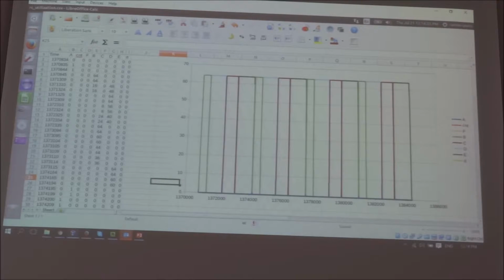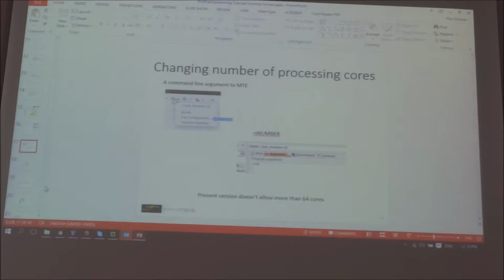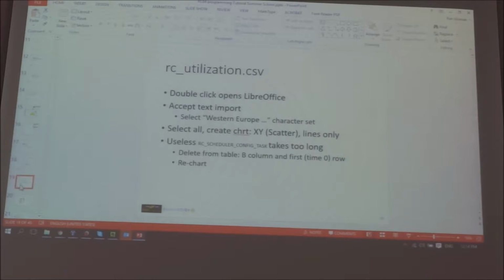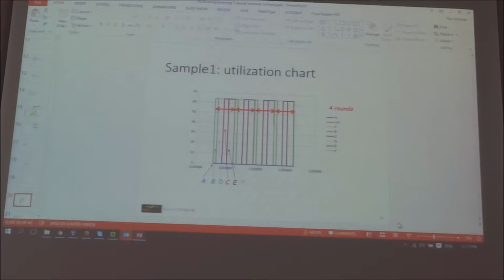By the way, I put the same chart in the slide, and in the slide, I made it a little bit better. So the next slide says execute, run, refresh, view the log, and then view the utilization. That's what we did. And in the utilization, I got the text instructions: accept text equal, select the Western Europe character set, select all, create the chart, and there's a useless access, the scheduler config task, it takes too long, delete it, and reach out, and this is what I get. So this is the chart we have gotten,